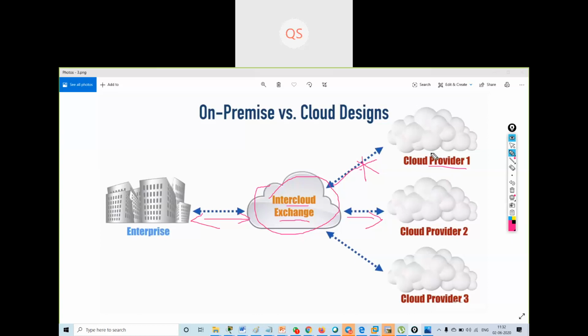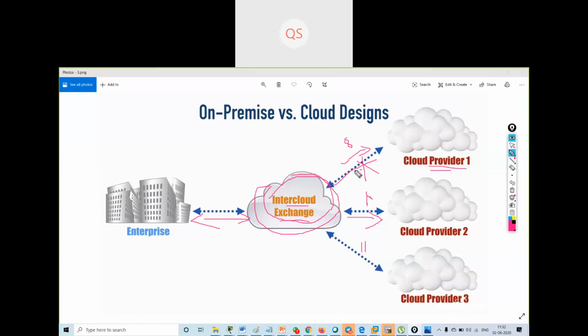Suppose cloud one provider is giving me some bandwidth and it costs me, say, 8. Over here the cost is 10, and over here the cost is 11. Now in future, I am peering with the intercloud exchange, and the intercloud exchange has peers with multiple cloud providers.